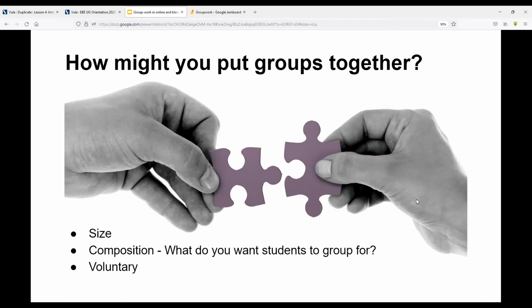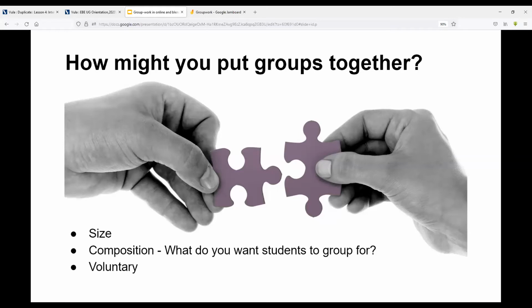I'm seeing that we've got some voices popping up in the text chat. So Liani is saying for film exercises, we used to let them choose their own groups, but we introduced one exercise where they pick teams and they love getting to know new people and work ethics so much. So we now group them for all three exercises, for a halfway semester course. And Roz is saying, I group people who sit far from each other in class to get them to work with people they don't normally work with. All very interesting strategies, these. Itumeleng is saying selected on the basis of... Roz, do you want to say some more about that?